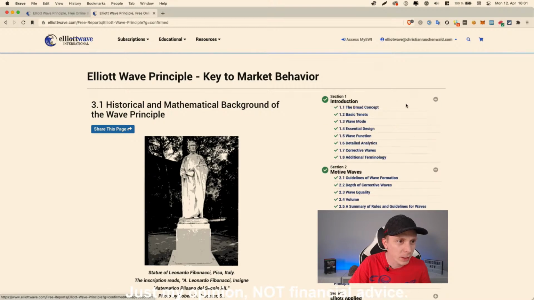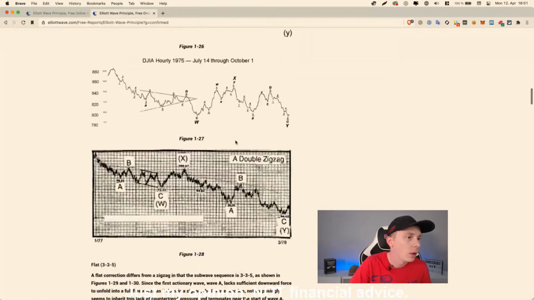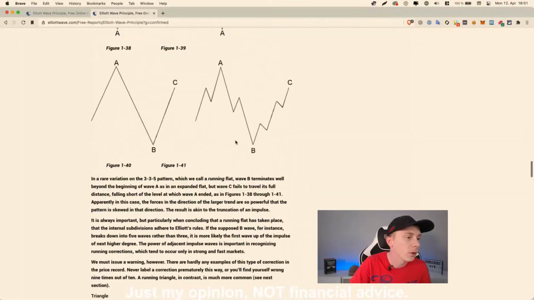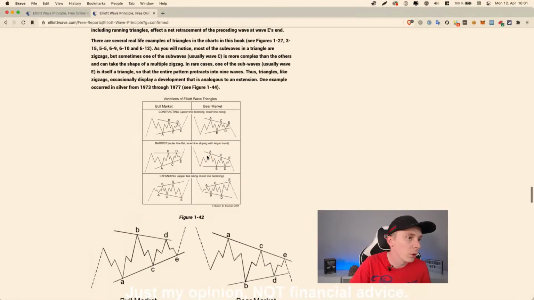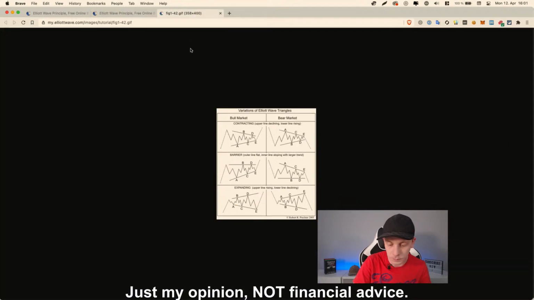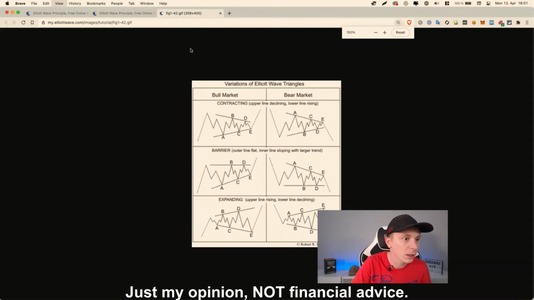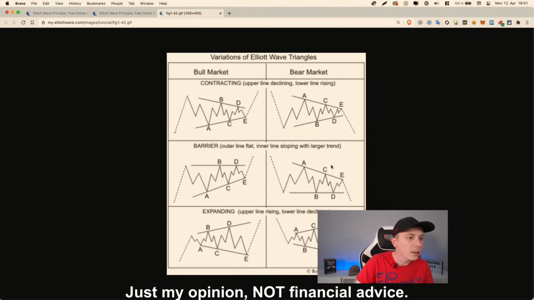Where would you have that? Where would we have that? Corrective waves. If we look here, there we have somewhere the graph for here, this one. It's kind of like a little small here, but if we look at that, we technically are looking at a barrier triangle, and in our case it actually is